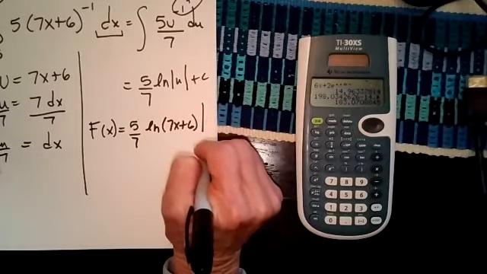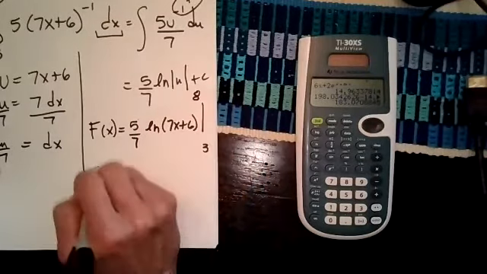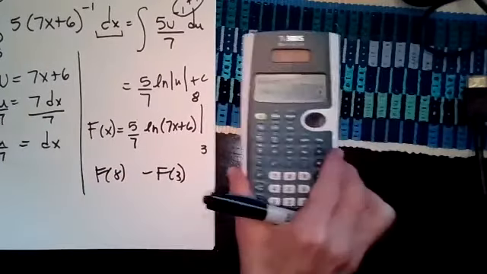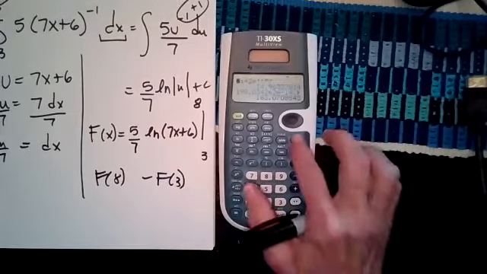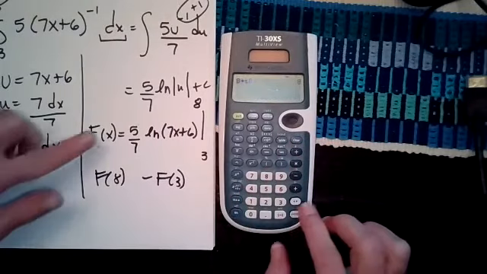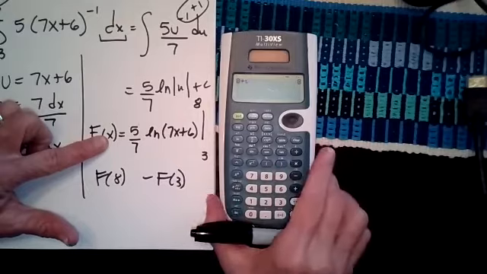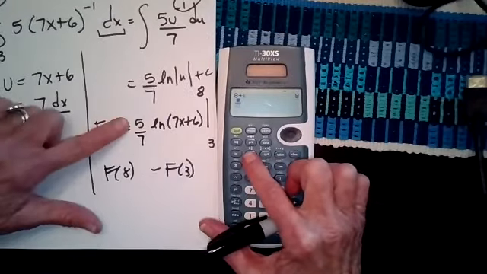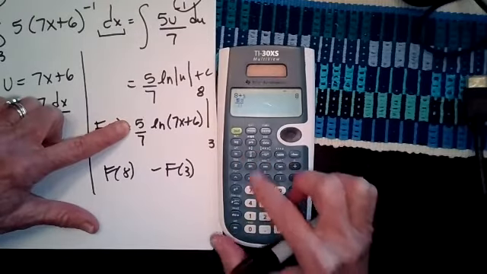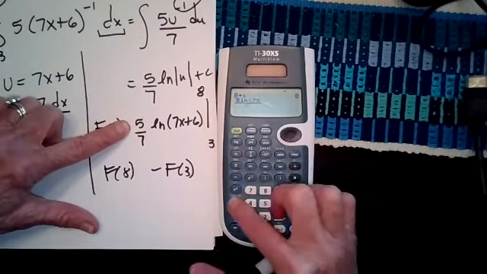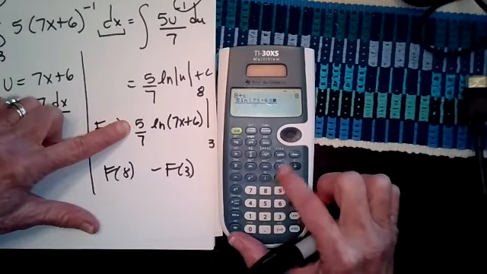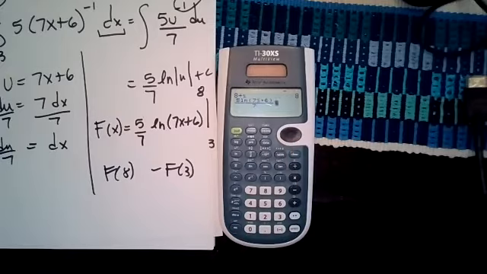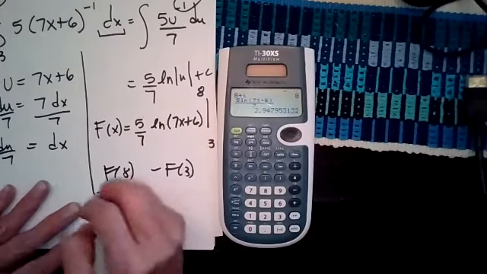and I evaluate it from 3 to 8. And I'm going to just let my calculator do all the work. So I'm going to do 8, store for x, and enter. And sometimes when I have a fraction like this with the u sub, you can use the numerator over denominator button, and put 5 ln of 7x plus 6, close your parenthesis, and on the bottom put 7. You could do it like that if you wanted to. You could do it like you've been doing it. I push enter, and I get